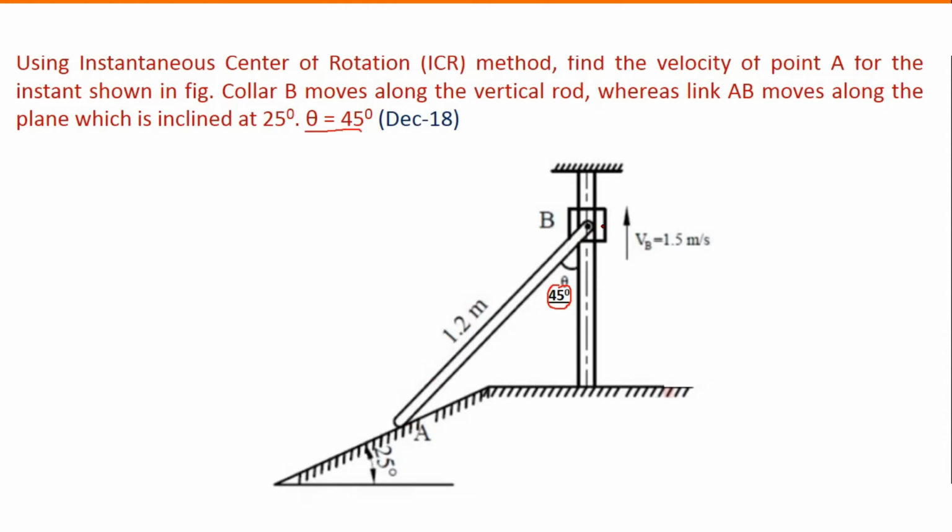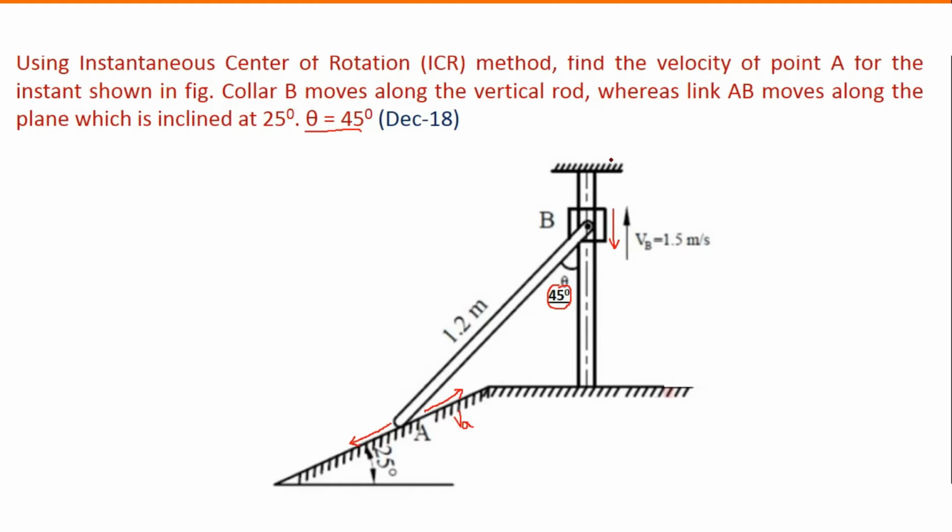We already know we have to draw the perpendiculars to the velocity. Let us say this is the point A, which is moving in this particular direction. As this rod moves towards this side, B will try to come down. Or in other words, if B goes up as shown in this diagram, the velocity of B is shown up. As B goes up, A will move along this line or this plane. So the velocity direction of point A will be in this direction, and I will name it VA. VB is already in the vertical direction.